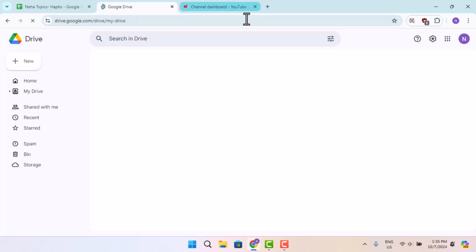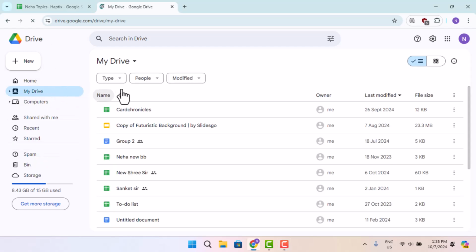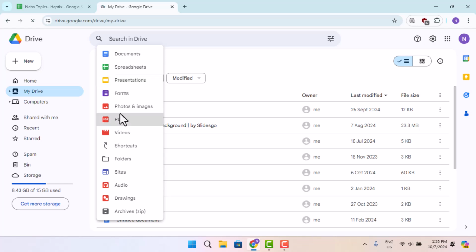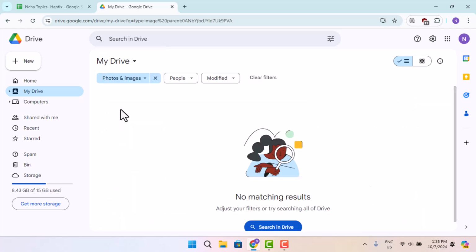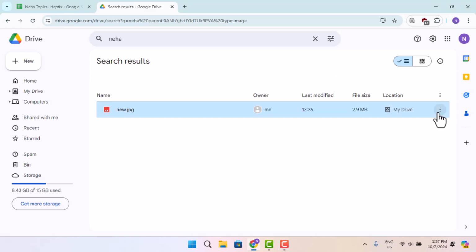account. When you're logged into your Drive, you could go ahead and select the photos, or let's say you could select it from the types. So go to photos and images. As you can see, this is the one. If I want to create a link, I'll just select the photo. If you have multiple, you could select multiple as well, and tap the three dot icon next